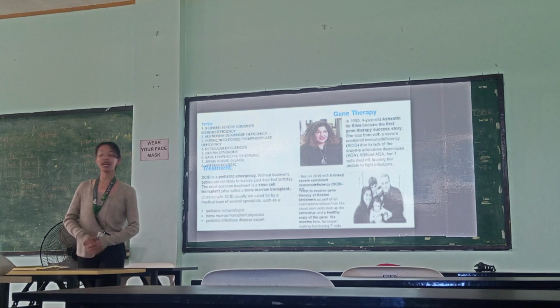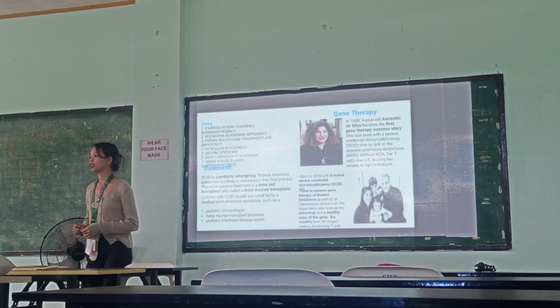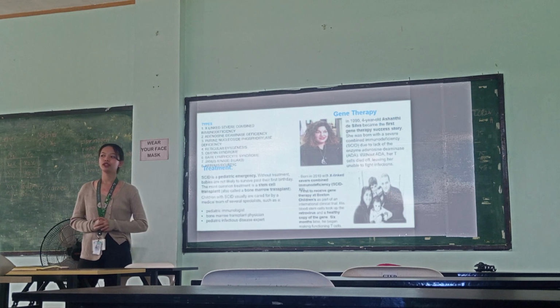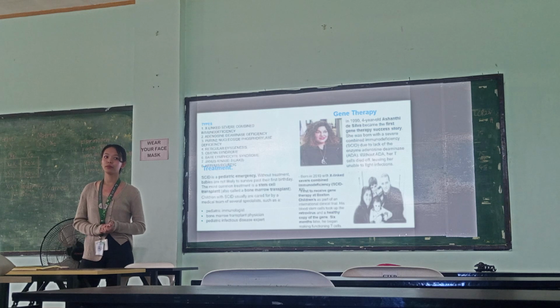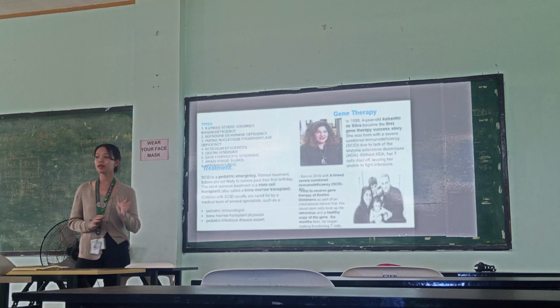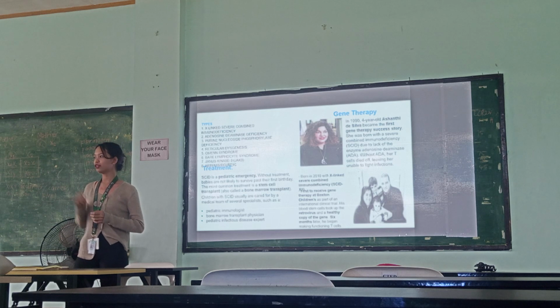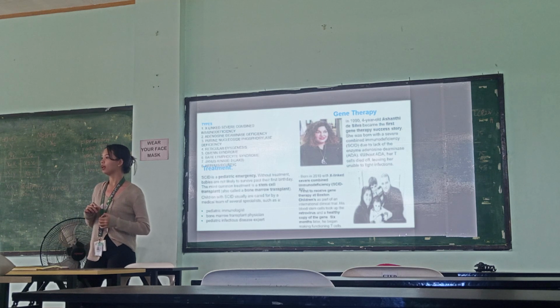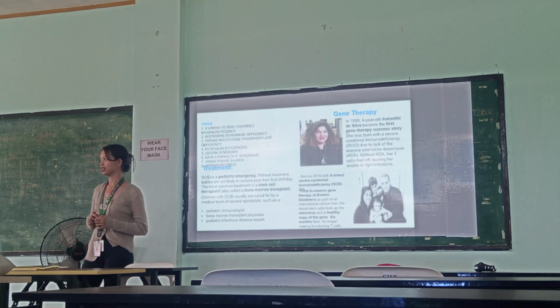So, treatment, ayan, hindi siya katulad ng ibang genetic disorder. Dito, may treatment tayo. At yun yung tinatawag na stem cell transplant, or mas kilala natin sa tawag na bone marrow transplant. So, di ba sa palabas, ano mangyari dun sa bone marrow transplant ni Gerald? Natuloy ba yung transplant or